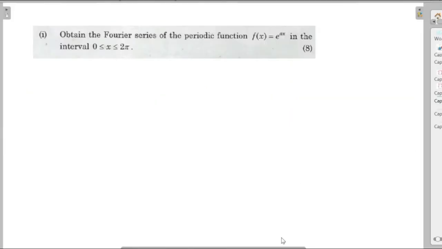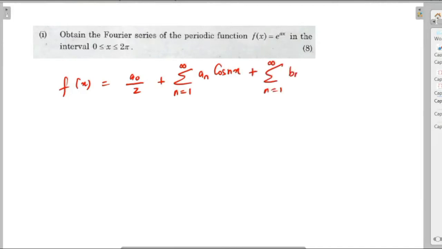Obtain the Fourier series of the periodic function f of x equal to e power ax in the interval 0 to 2 pi. So in this interval, f of x is a naught by 2 plus summation n is equal to 1 to infinity a n cos nx plus summation n is equal to 1 to infinity bn sin nx,